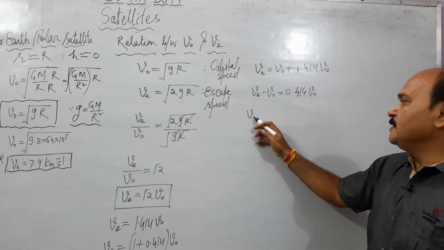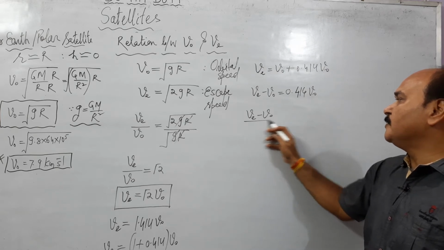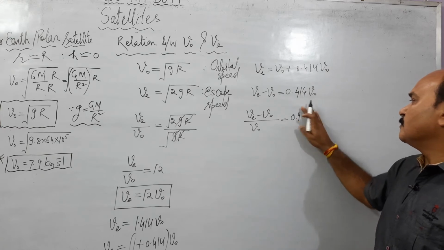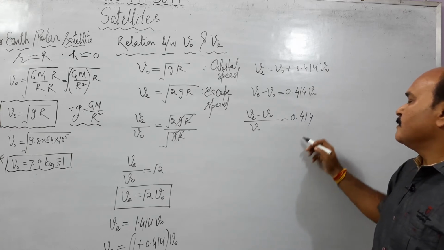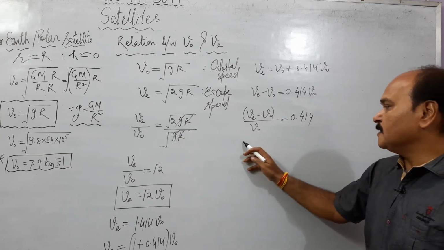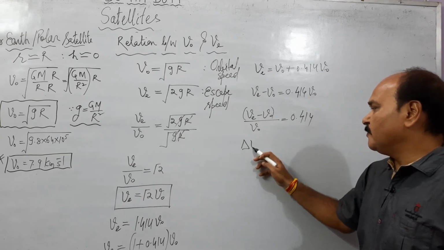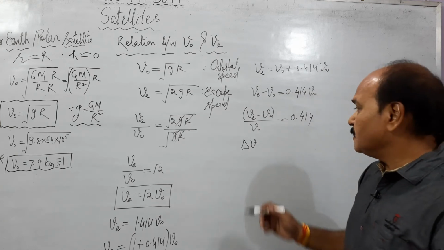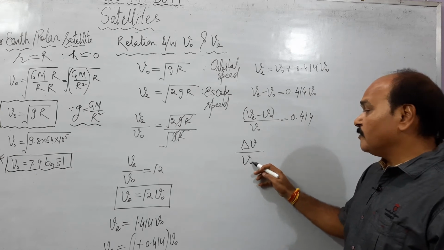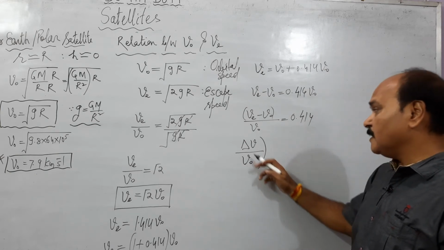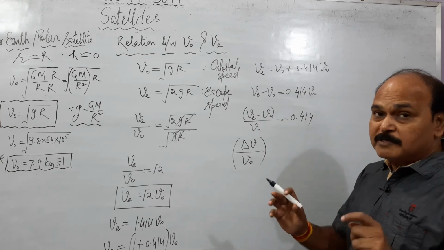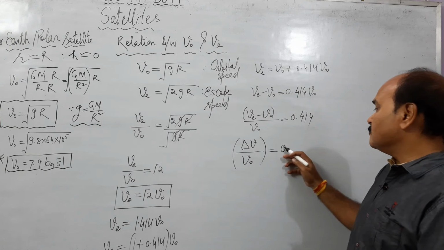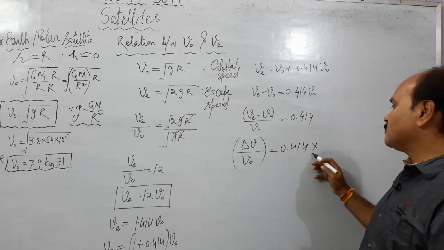We can write it as VE minus V naught upon V naught. Let us change the side of V naught from here. What do we get? 0.414. So what is this? This is change of velocity, delta V, the value by which the escape velocity is greater than orbital velocity. This is delta V, and this is original value of velocity V naught. So this is fractional value by which the escape velocity is greater than orbital velocity, and that fractional value is 0.414. And if you multiply both sides by 100,